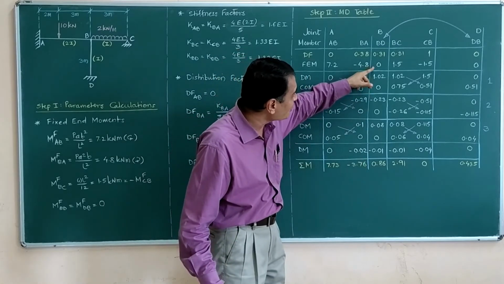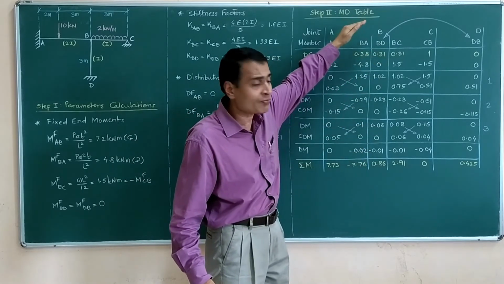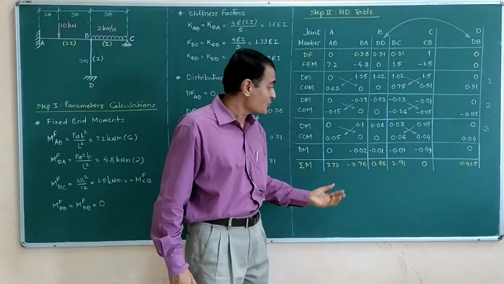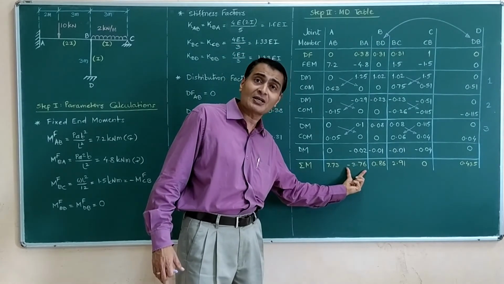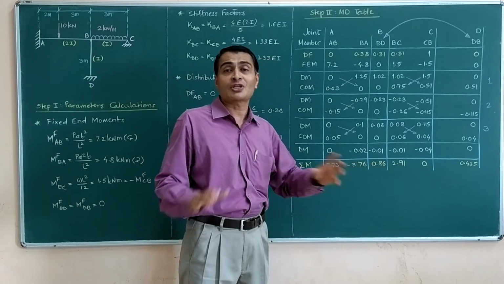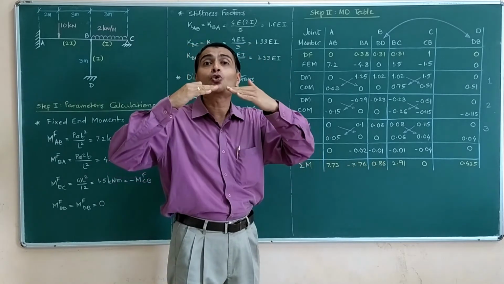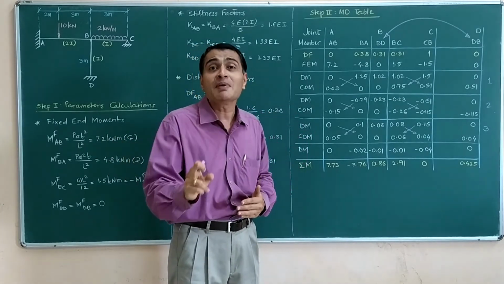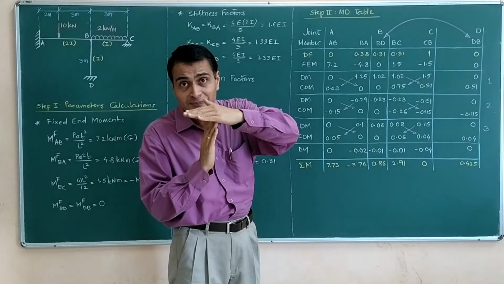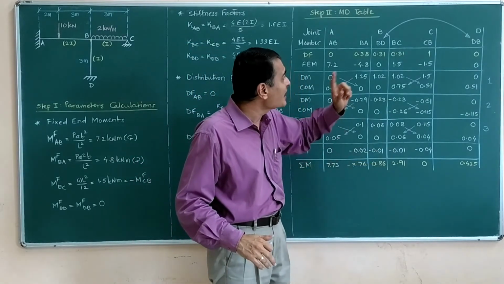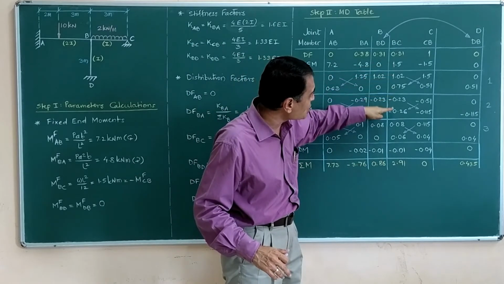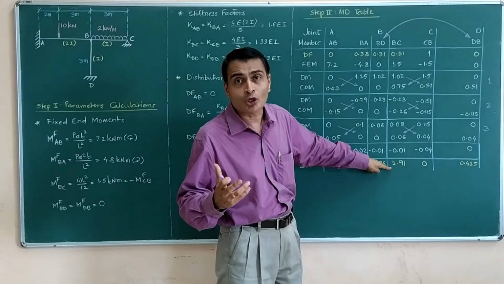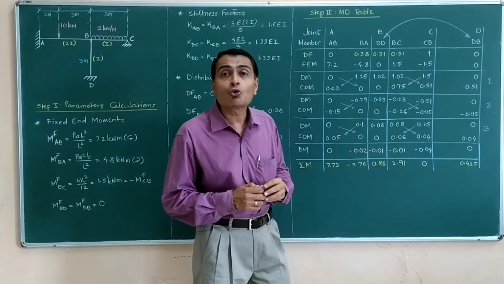Then I add all these moments and not the distribution factor. I get 0.86 here. Now somebody may say, sir, this is negative 3.76. This has to be positive 3.76. No. We are not just having 2 members meeting here, so that I get this and this equal and opposite. We are having 3 members. We are having a T joint. So after finding this summation, I again take this summation. This is moments which have got distributed in the 3rd member meeting at the same joint. And this summation turns out to be 2.91.